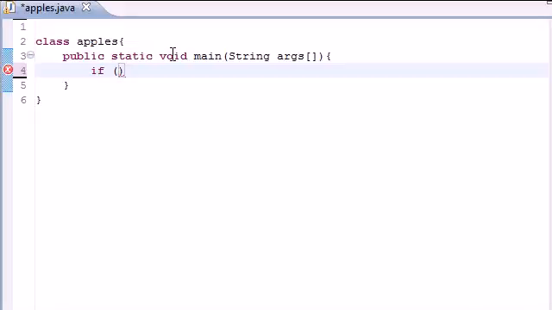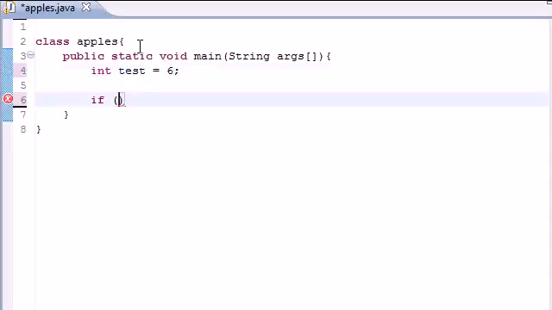Say we have a variable that we can test, let's name it test: int test = 6. Let's go ahead and say if test is equal